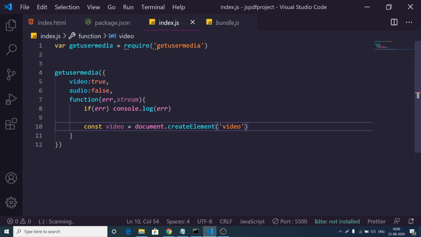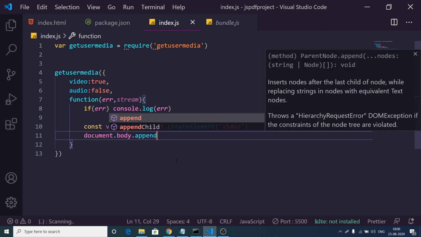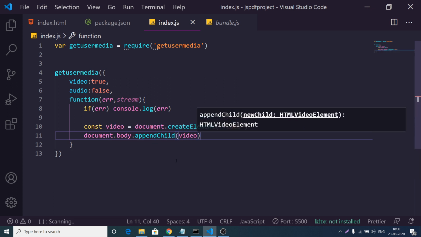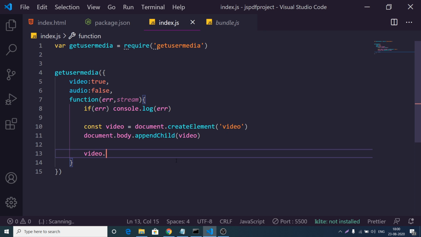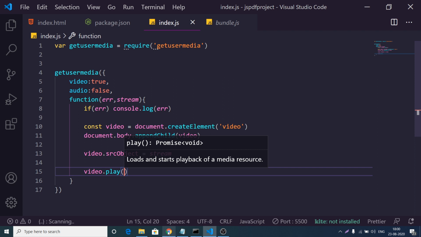After creating this video element, we can push it inside the body: document dot body append child, and we pass this video. After that, we need to set the source object property to the stream, like this. And lastly, we need to play the video with video dot play. That's it. It will play the video automatically.